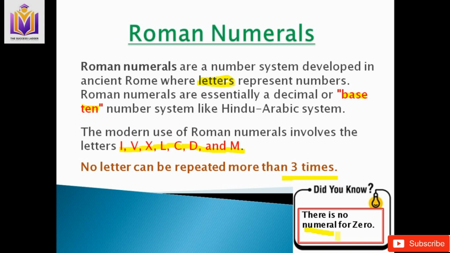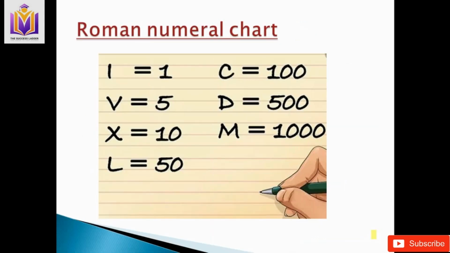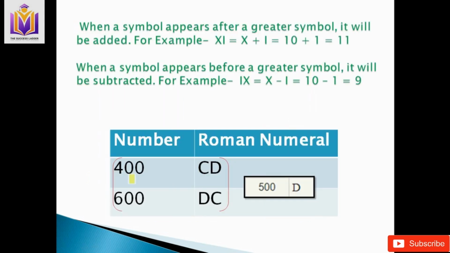Now here is again a fun fact. This we have also discussed in our previous video, that there is no numeral for the number 0. So we don't have any Roman numeral that denotes 0. Now this we have already discussed. These are the few things, and till 100 we have discussed in the previous video. So these two are important. Like for 500 we write down D, and for 1000 we write down M as Roman numeral. And this we have already done, that like we denote 100 with C and 50 with L and so on.